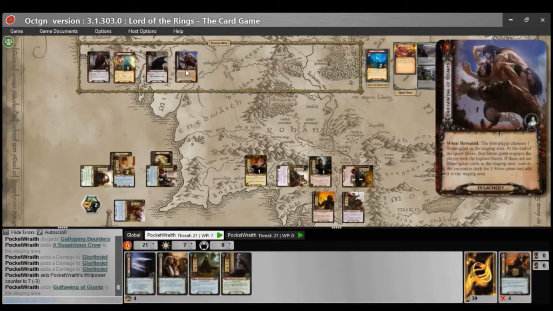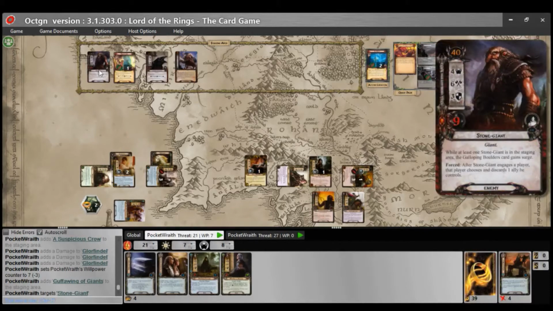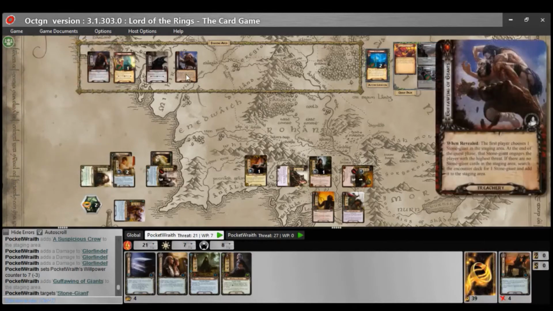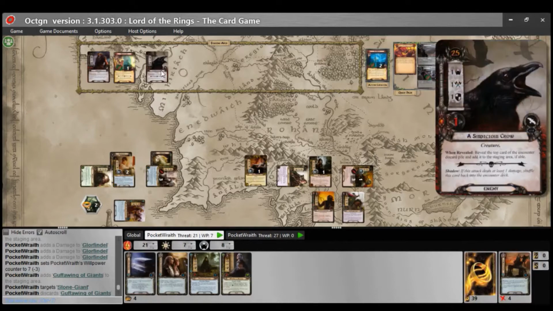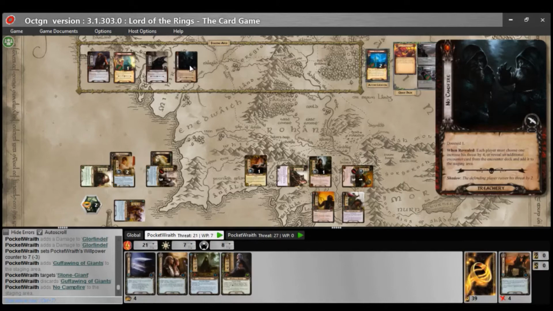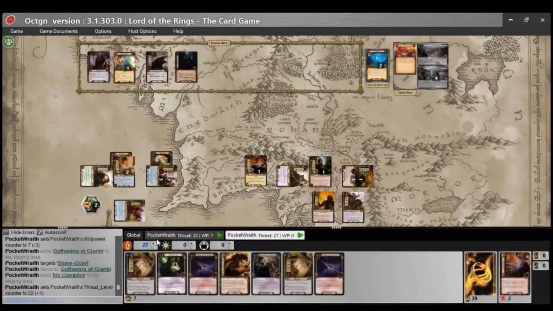Guffawing of Giants. The first player chooses one Stone Giant in the staging area. At the end of the quest phase, that Stone Giant engages the player with the highest threat. There are no Stone Giants. So, this Stone Giant will be engaging this deck. And that was all the first card of staging, because Galloping Boulders surged into Galloping Boulders, which surged into a Suspicious Crow, which revealed Galloping Boulders, which surged into Guffawing of Giants. So, second card of staging is no Campfire. Dude 1. And then each player must either raise their threat by 4 or reveal another card, so...